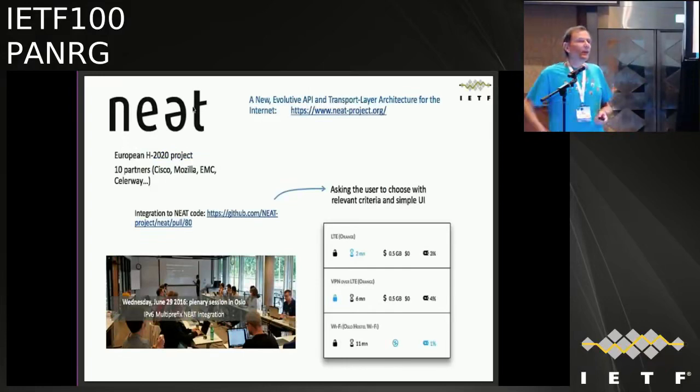Maybe a specific thing to say. We are working as well in a project called NEAT, the H2020 project from the European Union, where basically they want to implement a firmware like a post-socket API, right? And we have had some meetings as well with Brian on this, 6 months ago, something like that, to synchronize the effort. With this API, the application can ask for some properties. I request low latency, I request security, for instance. And based on some characteristics of the network and some paths of the network, information about the network, it tries multiple transports, UDP, TCP, SCTP, DTLS, or whatever, or QUIC, and finds the best compromise.